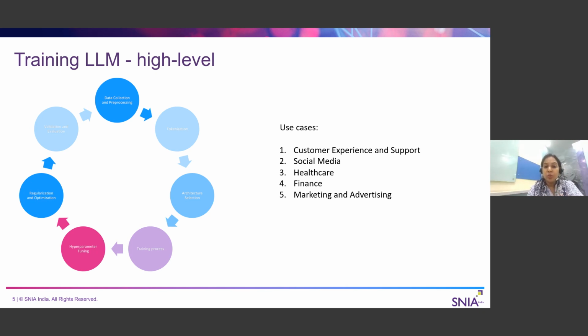Now, where do we use it, or who are the consumers of this large language model? The first is customer experience and support, which we all know, right? A lot of people are now already using virtual assistants and enriched customer experience, where we apply the principle of sentiment analysis to figure out, if a product is launched in the market, how customers are accepting it, and what are the things that they are liking or not liking about the product. All these things can be done by a large language model.